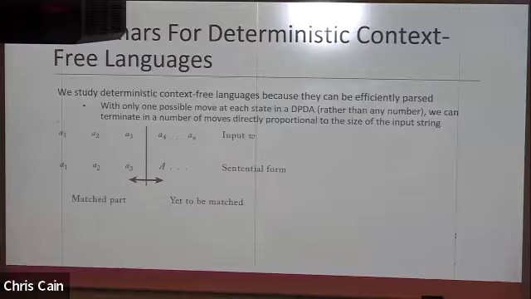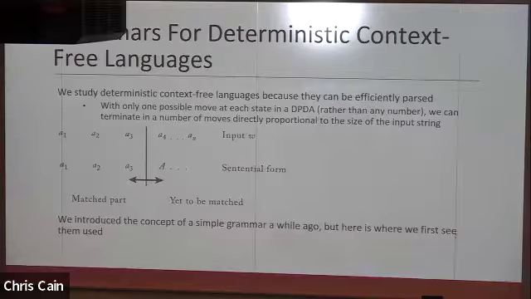As an example to this, in the input string, we've matched part of the input to the form that is the non-terminals. So we've expanded to this point. And there's a part of the input that we haven't read and a part of the string that is still represented as non-terminals. And we can, on one pass from left to right in linear time, be matching that and creating, since there's only one move to be made at each point in time, you can convert it into the equivalent of GNF and straight parse with no non-determinism. Very nice.